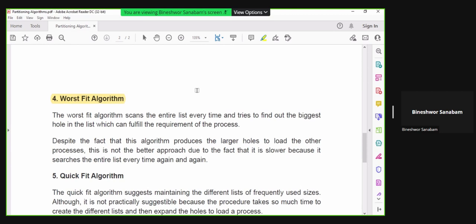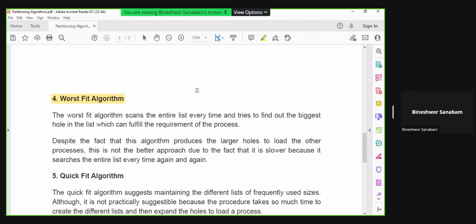In best fit we try to find the smallest, but in worst fit we try to find the biggest partition. So it scans the entire list every time and tries to find the biggest hole in the list which can fulfill the requirement of the process. Here also it scans the whole linked list and picks out the partition which has the highest or biggest size